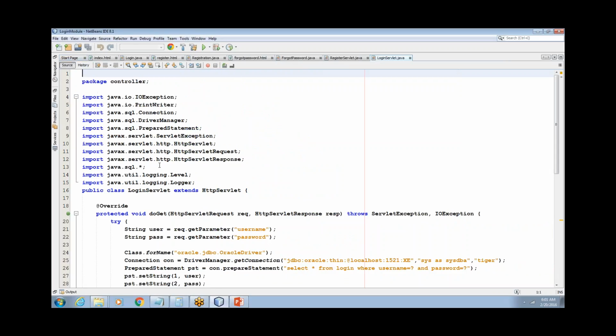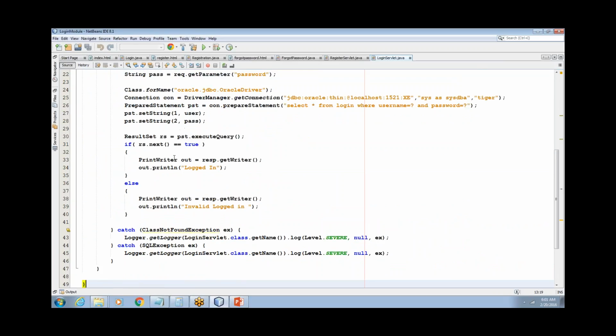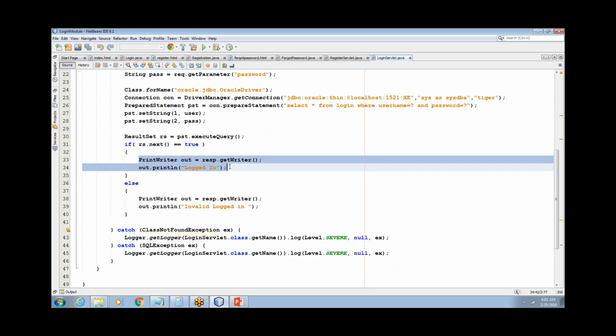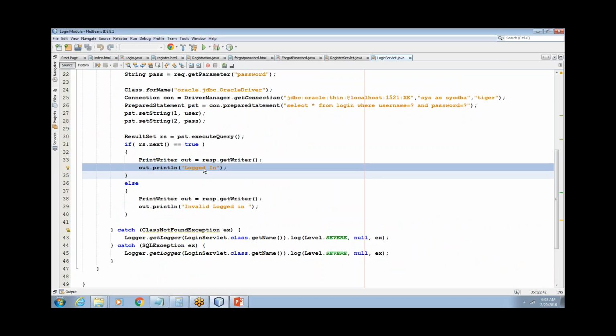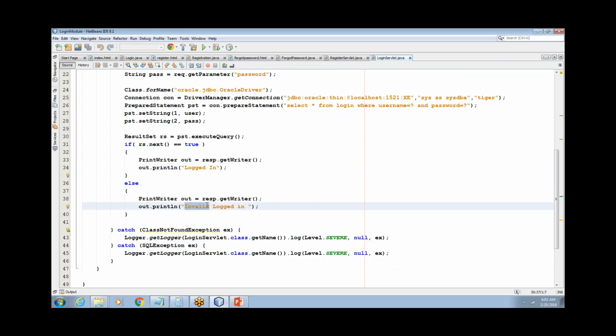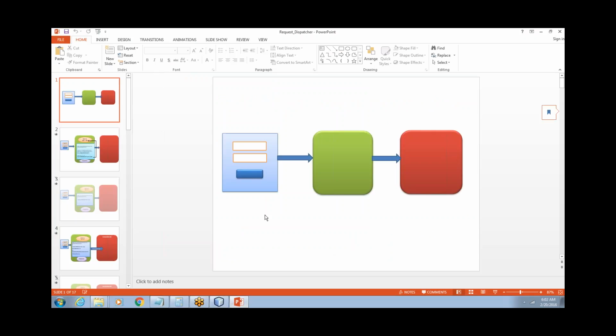So till here we have done. What we have done is, if the username and password is valid, we are printing it as logged in, and if the username and password is invalid, we are just printing it as invalid login. But rather than this, what we have to do is,